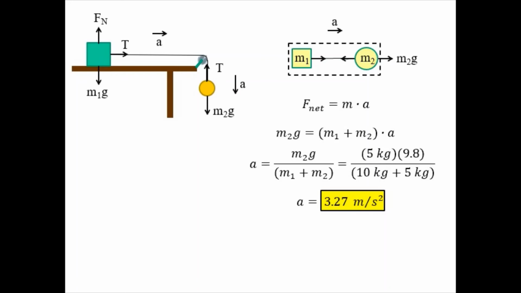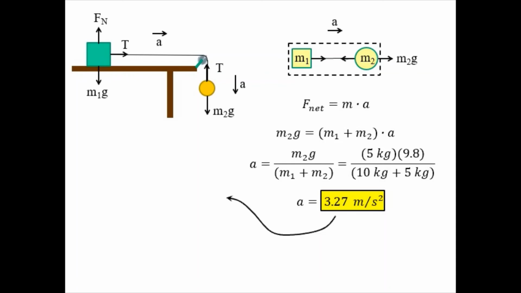Solving for the acceleration, I got M2 times G over M1 plus M2, which if we put in the values for the mass of the block and the ball, 10 kilograms and 5 kilograms, and G of 9.8 meters per second squared, I find the acceleration of the system is 3.27 meters per second squared,